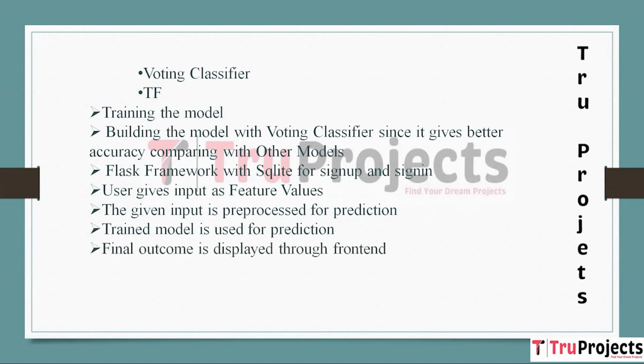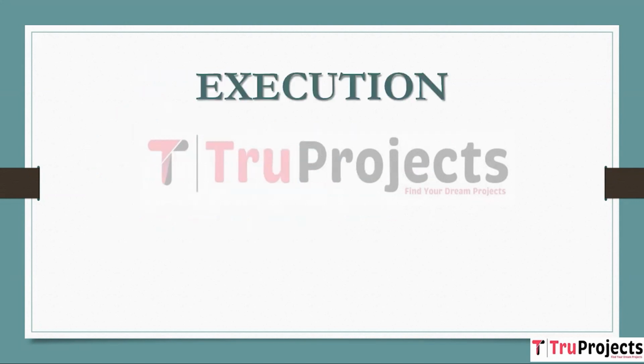The prediction outcome, indicating the predicted satisfaction level, is displayed through the front end to the user. This provides valuable information based on the input features provided by the user. The front end serves as the interface through which users can interact with the application and view the results of the prediction. Execution. To execute this project, first we need to open the code folder, which contains the project source